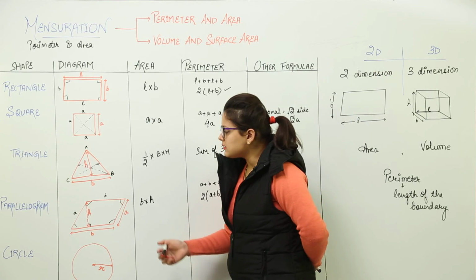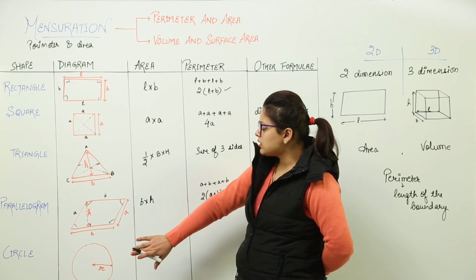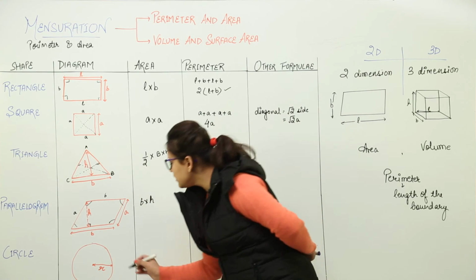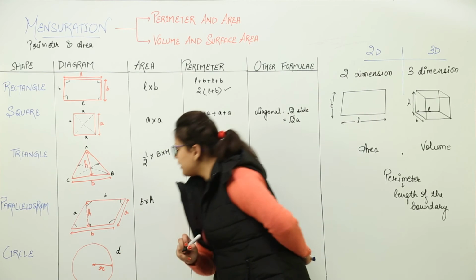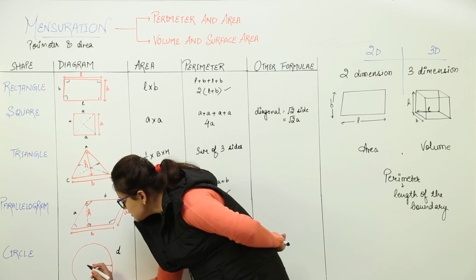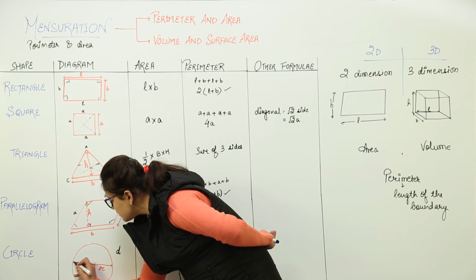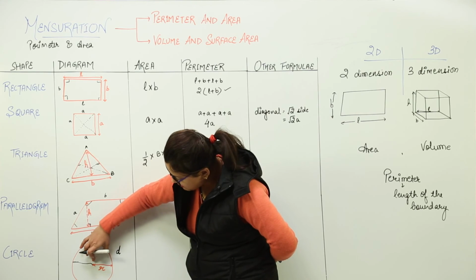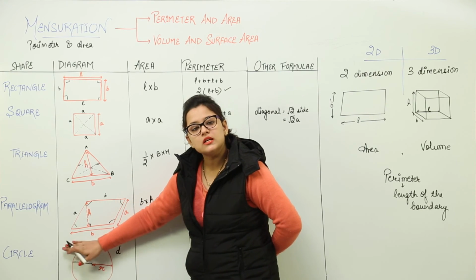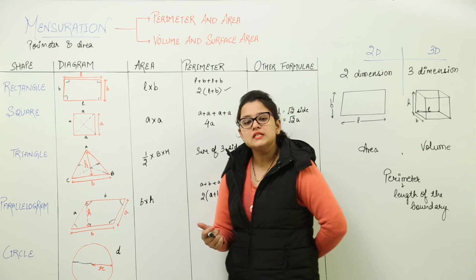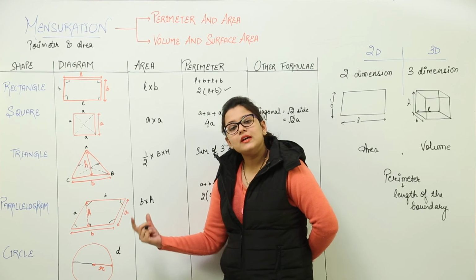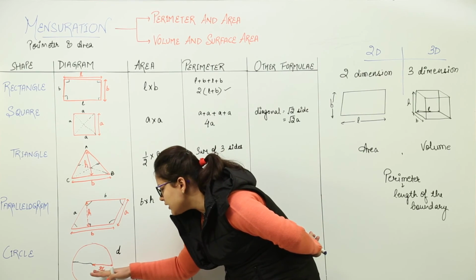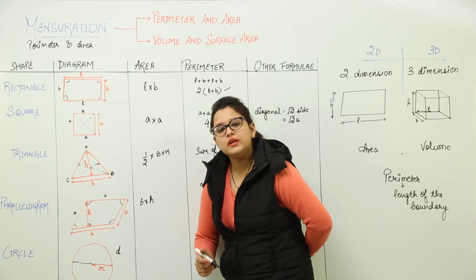Now next we will consider the circle. Circle, as we are aware, has one dimension, that is radius, or you might have been given the other dimension named diameter. What is diameter? Diameter is actually the complete one. This whole complete line depicts your diameter, a line that passes through the center and divides the circle into two parts. That is known as the diameter. What is radius now? Radius is half of diameter. This complete was my diameter. If I take only half of that, that will depict my radius.